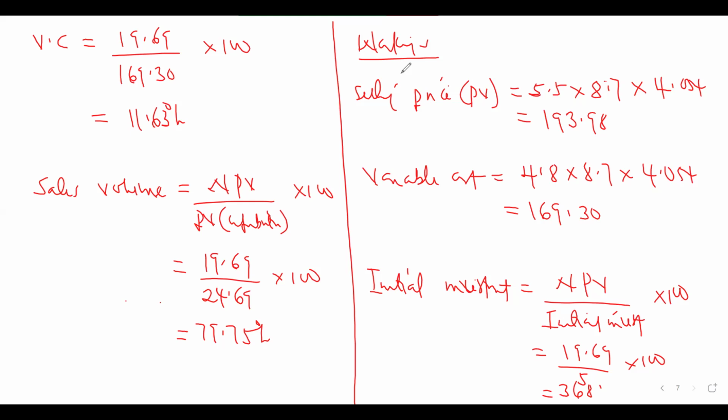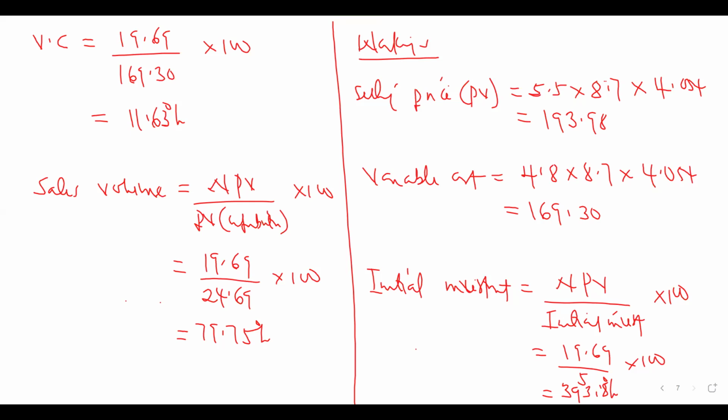393.86%. 19.69 divided by 5 multiplied by 100 gives 393.8%. So if our initial investment increases by 393.8%, our project will break even. If you are calculating for a revenue item, the figure will be a reduction, but if it is a cost item, it will be an increase. Okay, let's come to the next one.